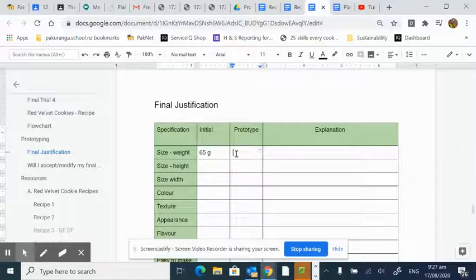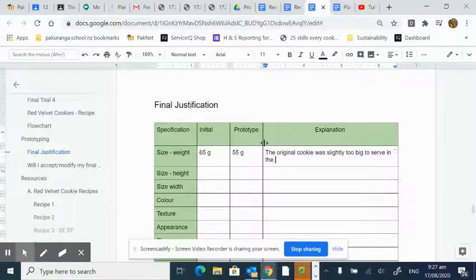Your prototype, you've decided now that was too big, but you might decide 55 grams is the perfect one for your prototype, and your explanation might be something along the lines of, the original cookie was slightly too big to serve in the cafe, so